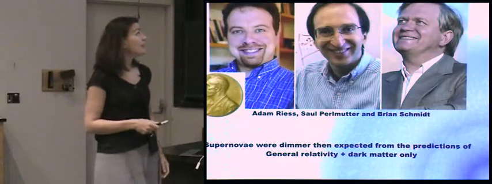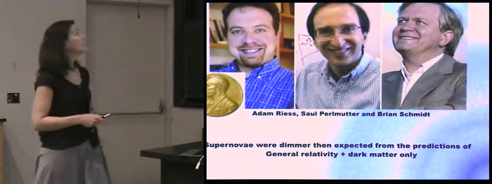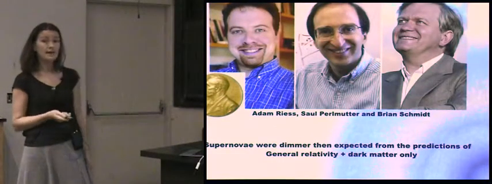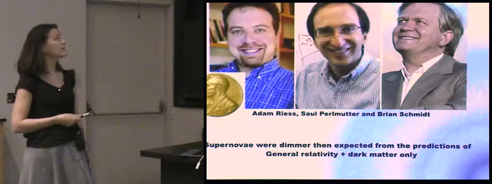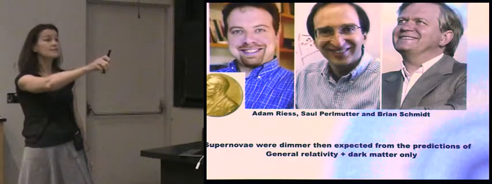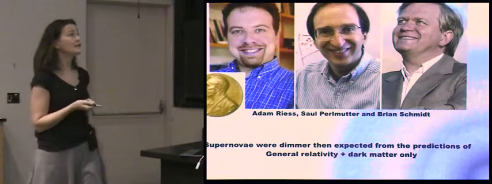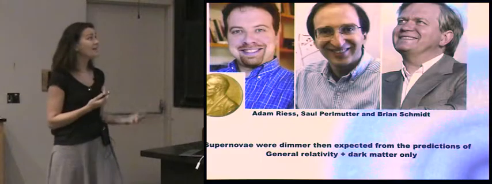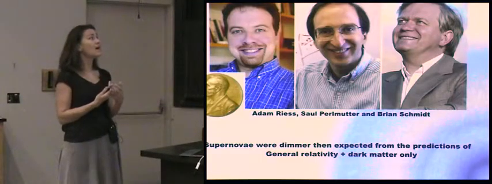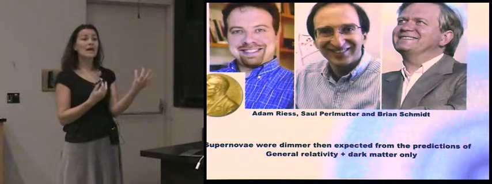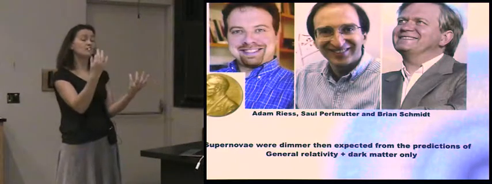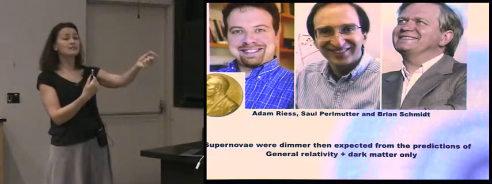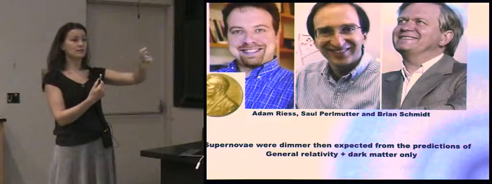So you may have heard that in 2011, the Nobel Prize in Physics was awarded to 2 separate teams observing different samples of supernovae. And what they actually found was that the supernovae at different distances from us were dimmer than would be expected from the predictions of general relativity plus dark matter only. So we had that equation from Einstein, which told us about the expansion of space. We had our measurements of how much dark matter, how much visible matter, how much radiation is in the universe. We were able to predict the luminosities of these supernovae at different distances. Okay, so the luminosity